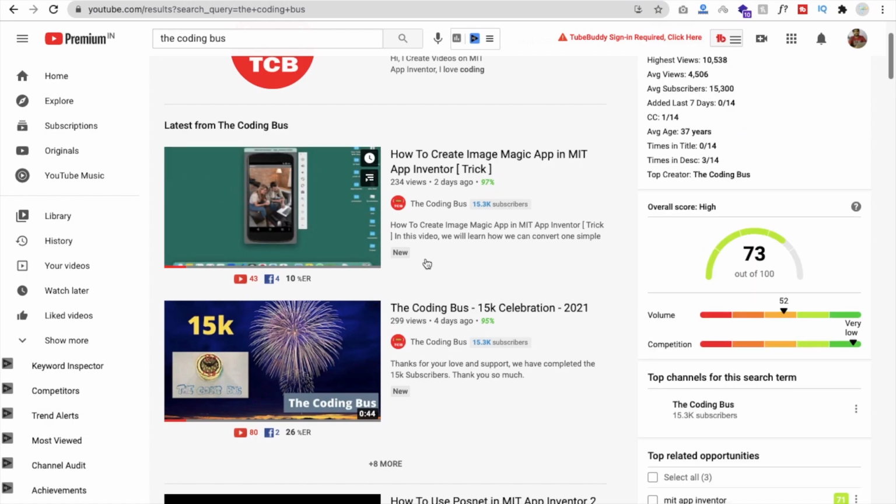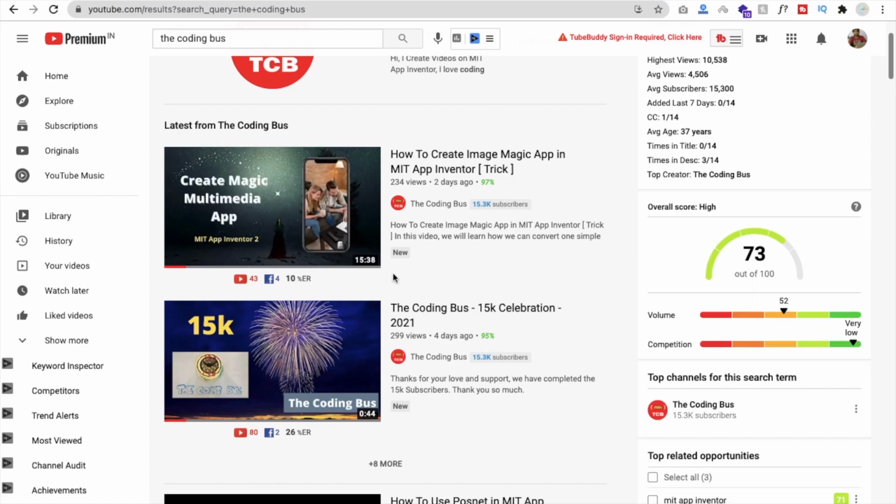Now I want to download that thumbnail and set it in my App Inventor app. There is no functionality in App Inventor to get someone else's thumbnail, or your own YouTube channel's video thumbnail, into your app. So we will create the extension for this functionality. First, we will learn how we can get that thumbnail.